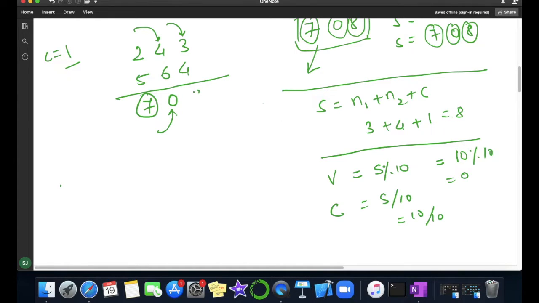So we got 8 here, and again I will pass this to a new node. Initially my value for the very first node was 7, for the second we got 10, meaning 0, and for the third we got 8. So you can see we got the same output, 708. Correct?